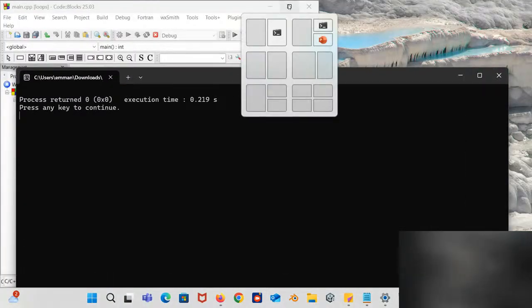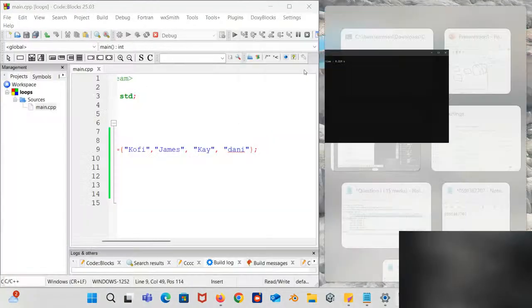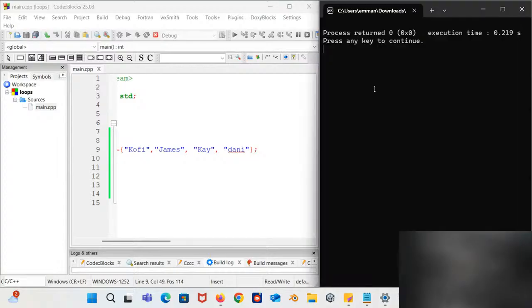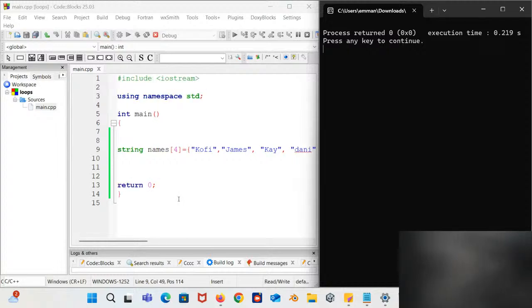So this is basically what will happen. Nothing will come because I've not done anything to it. So you see, nothing is coming until probably when I do some cout. That is when. So here you have declared an array, right? So if I come here and say, let me cout the elements of the array, then let's see.